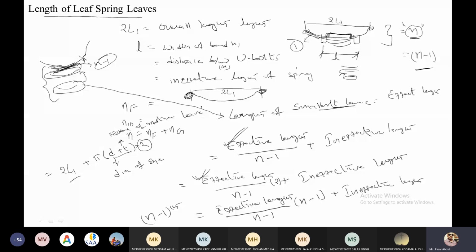So this is the length of the spring for the leaf. Based on how many leaves there are, we calculate the lengths, and finally the master leaf length is this one. So you have to remember all these empirical relations. Without remembrance you can't solve the problem. If you want to solve the problems and get a good score in this subject, all equations in the unit you have to mug up.